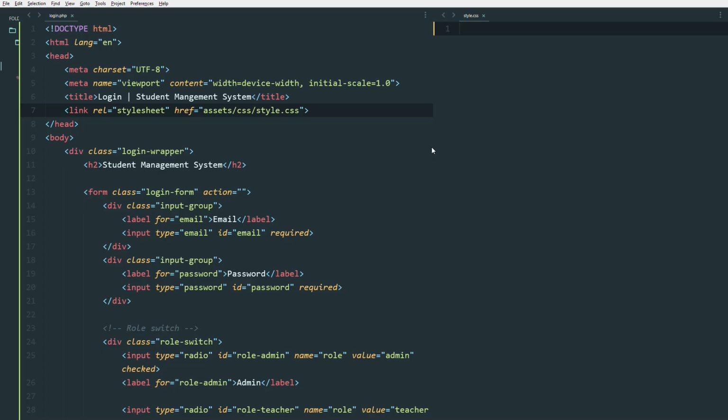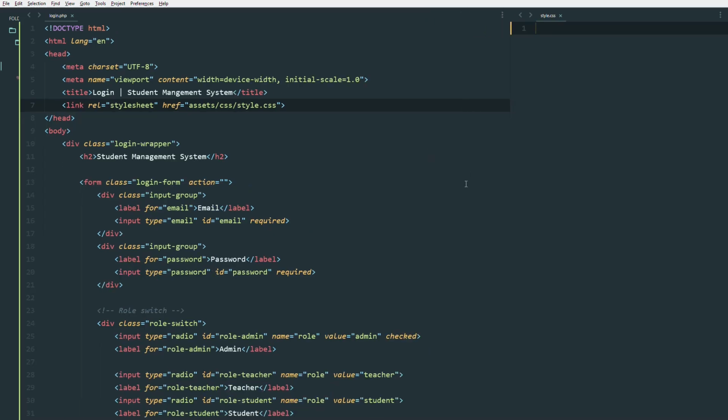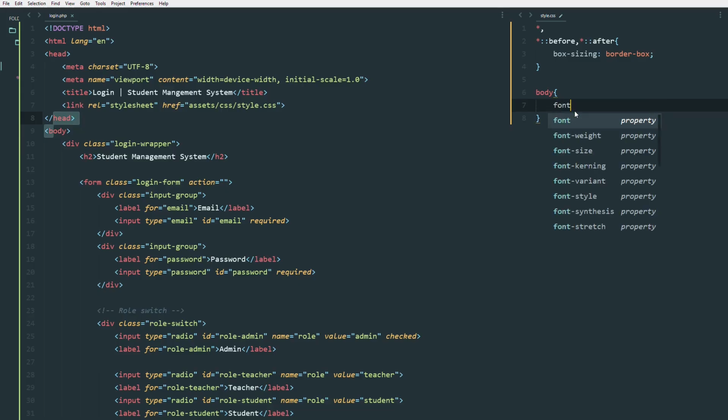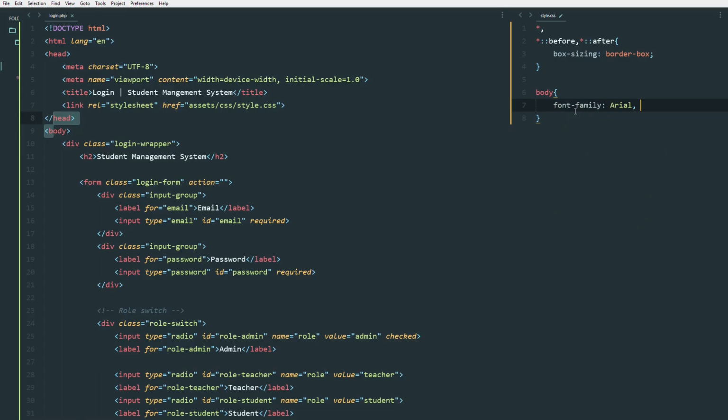So let's start. First, let's change the box sizing of all the elements. Let's reset it to border box. So now let's start the body. So here let's just set the font family to Arial and then sans serif. The background, let's set it to this